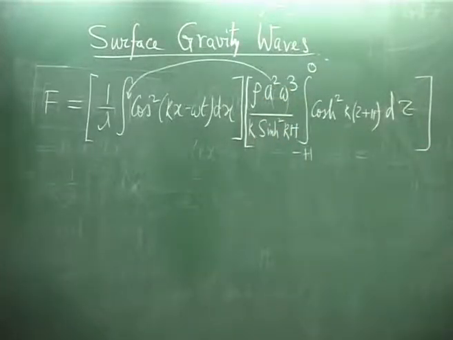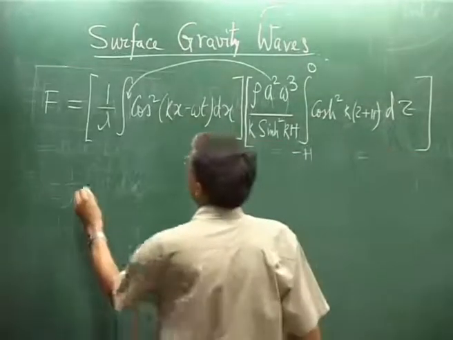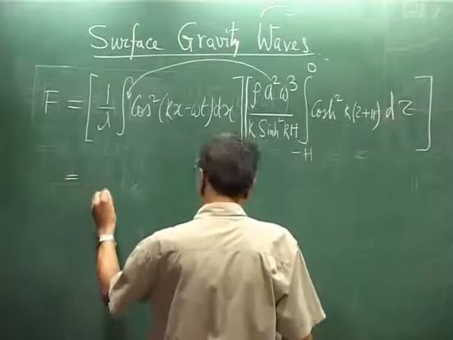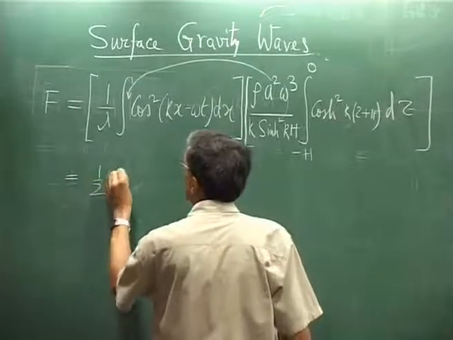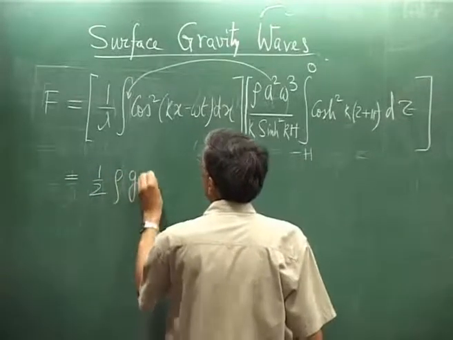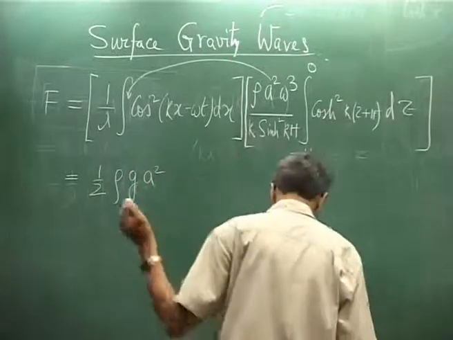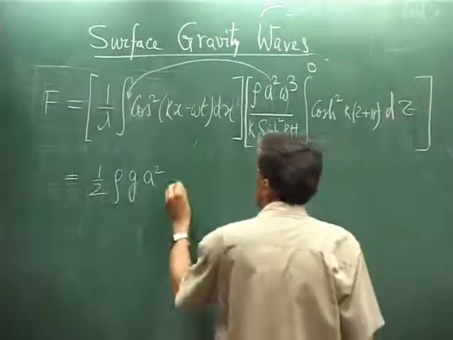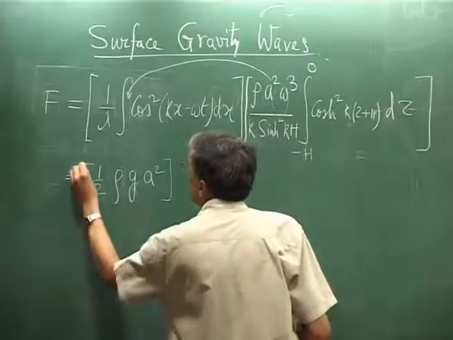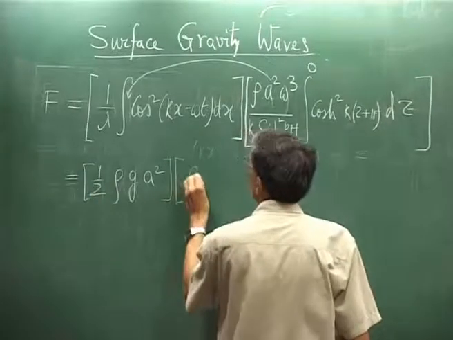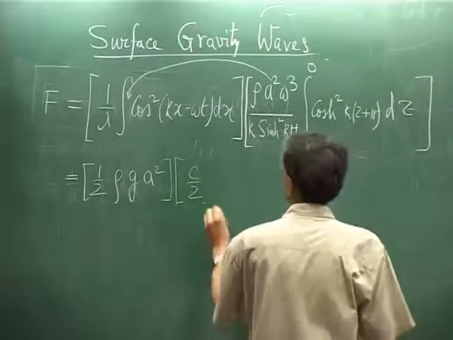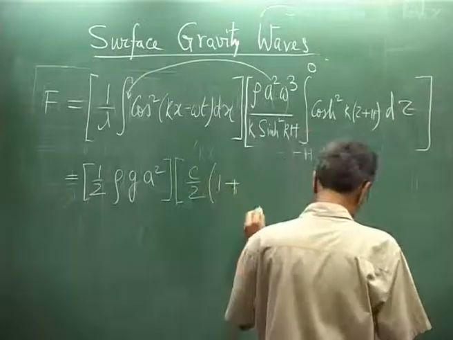I can take omega square and put gk. I am omitting steps. You can do it yourself, or if you are lazy, you can look at the book. There you will find that this expression is given by